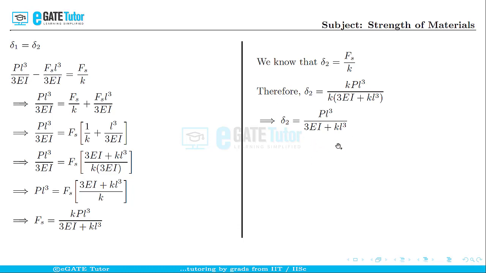Now for this equation, let us just multiply and divide with 3EI. When we do that, the delta 2 value will not change. As you look from here, 3EI and 3EI will cancel out, and we will end up with this equation again. So just multiplying and dividing with 3EI does not change the result we got as delta 2. When you look at the options given, the value we got for delta 2 matches with option D.